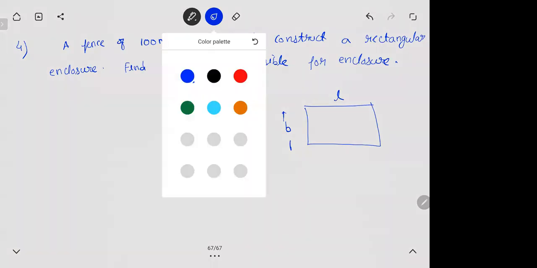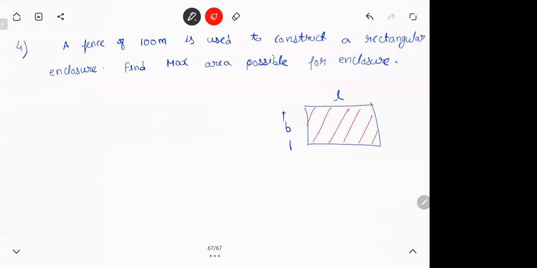So the question is, what should be the value of L and B so that this area is maximum? Question basically like this thing, find L and B for max area. But the length of the fence is only 100 meters. Meaning indirectly, what did they give you? Perimeter is 100, no? Meaning, if you take different rectangles, the question is like this. For all rectangles with perimeter 100, which rectangle will have the maximum area?